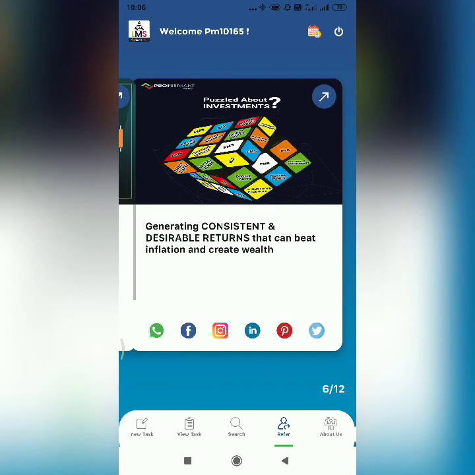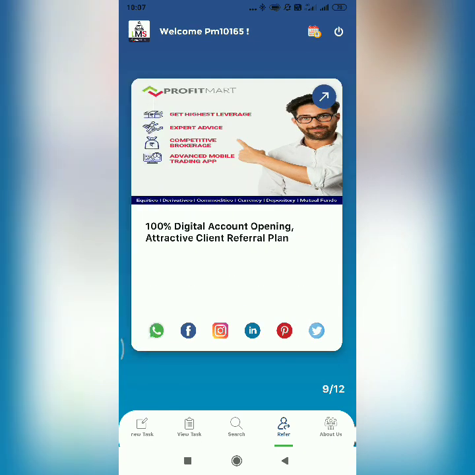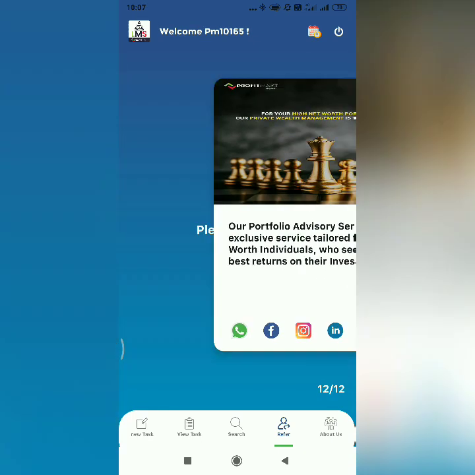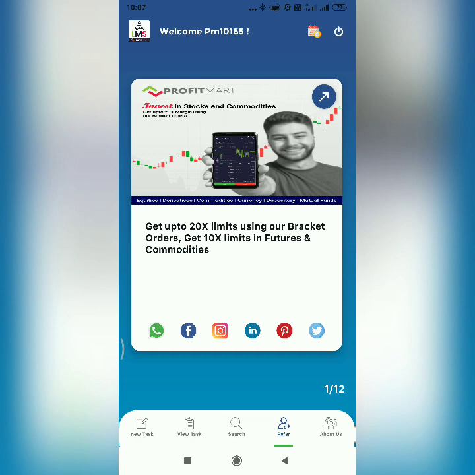According to the product, there are different ads. So now you can promote your business from here through different social media platforms. You can see there are various social media platforms: WhatsApp, Facebook, Instagram, LinkedIn, Pinterest, and Twitter. So you can advertise these products in any of these platforms.